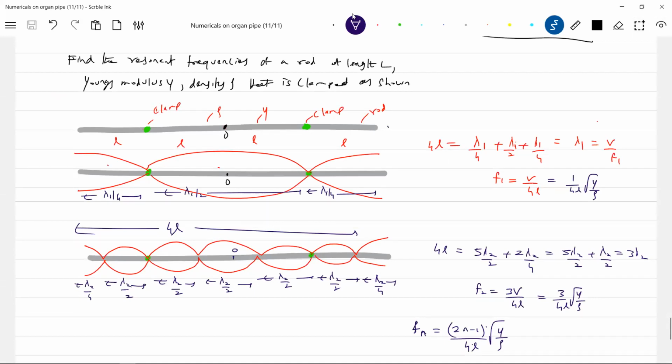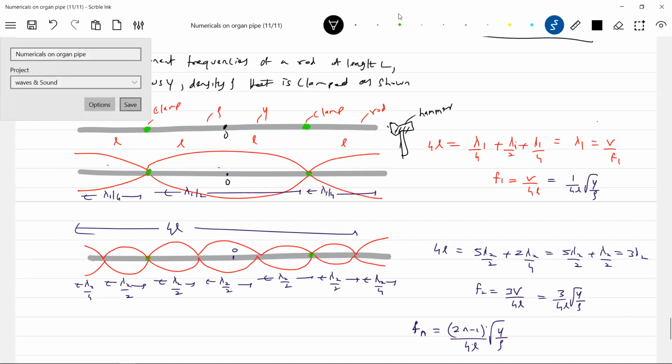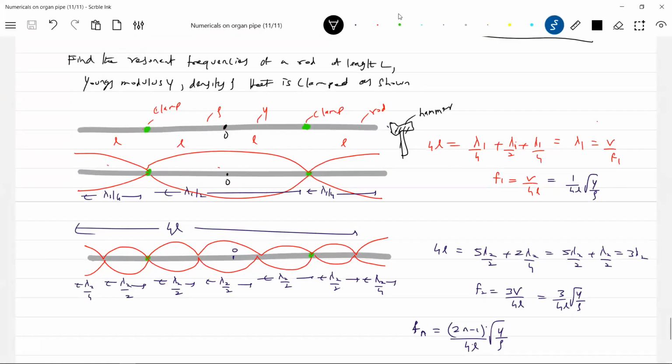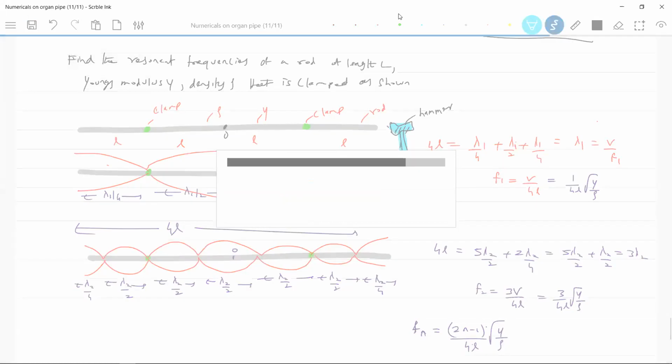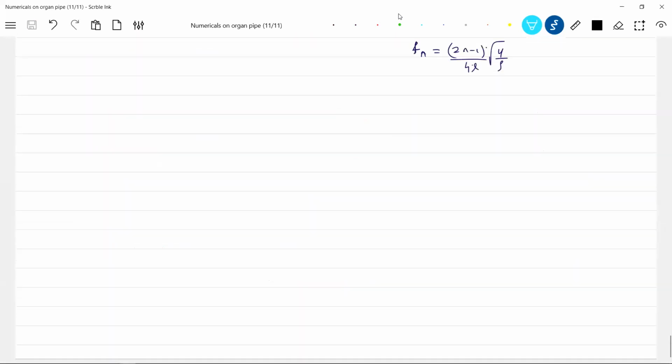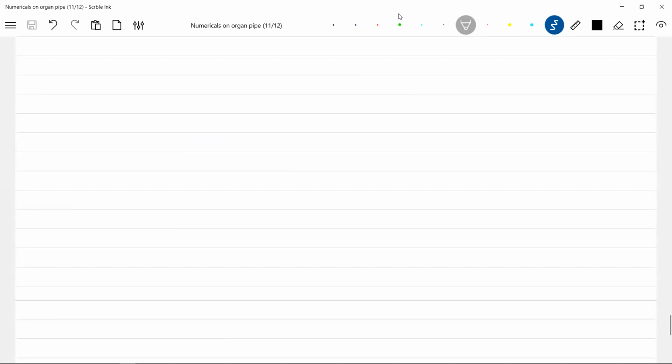For this, what you should do is take a hammer and strike at one end. That is the basic necessary condition. You can bring any number of clamp points. Some are possible, some are not possible. Like when we assumed one condition, we could not get a result. So this is also a possible way of asking a few questions based on a rod. Okay, let me take the next one. If I have a closed end organ pipe,